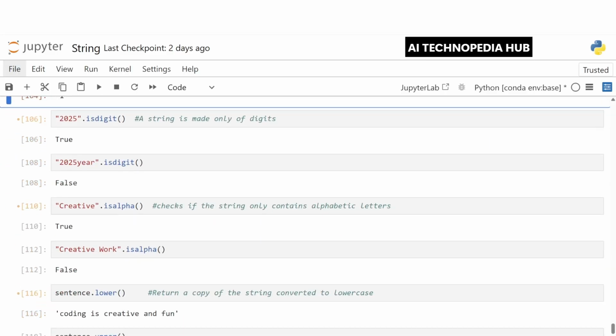Next, you can also check if a string is made of only digits using the .isdigit method. Now, if we give 2025.isdigit, it returns true, but 2025 year.isdigit returns false.